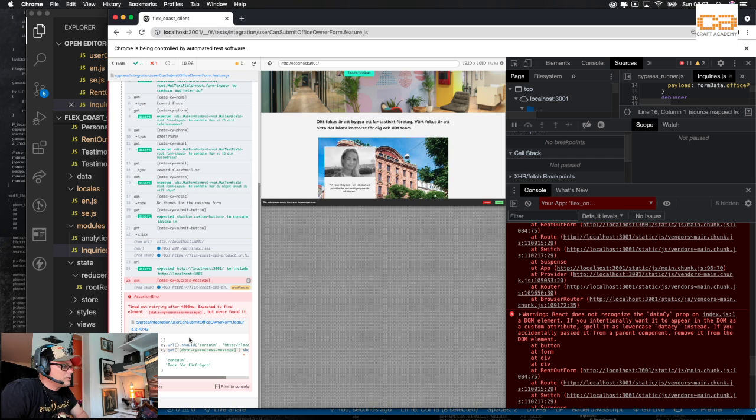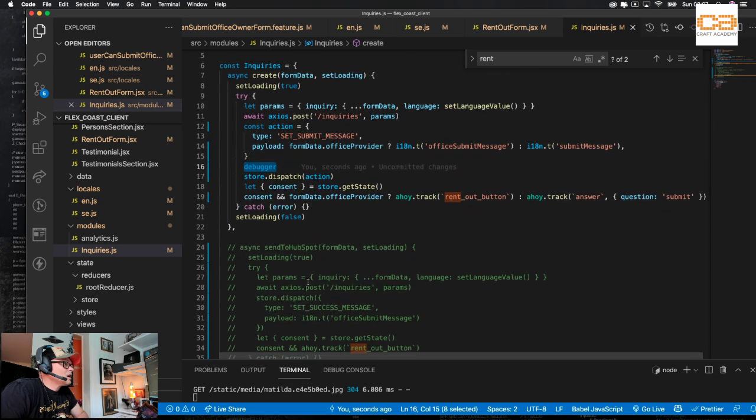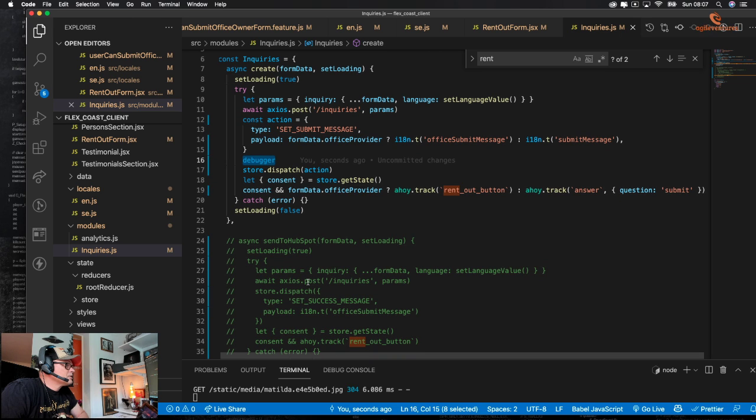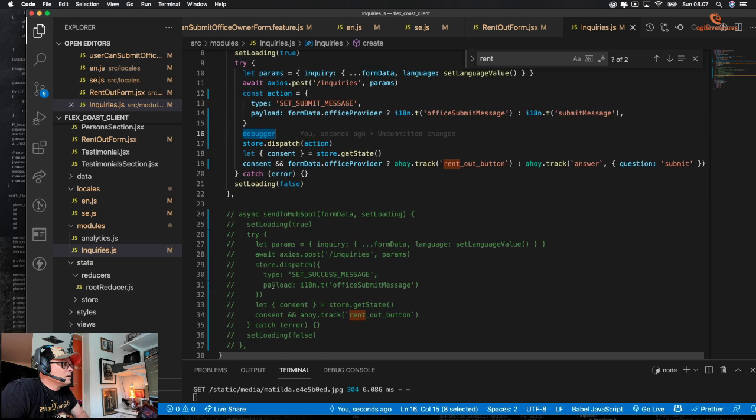But anyway, I need to get a flash, a success message, up on screen. We just had that before, but now we don't, and that annoys me a little bit. So I'm just trying to figure out what the difference here is. It access params, action sets. Oh, it should be set success message, submit message, success message. Okay.